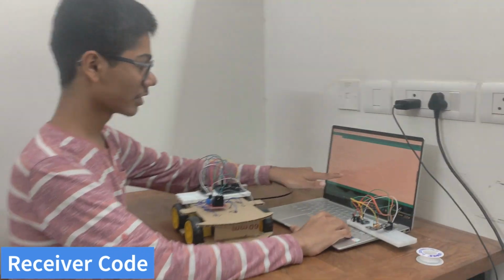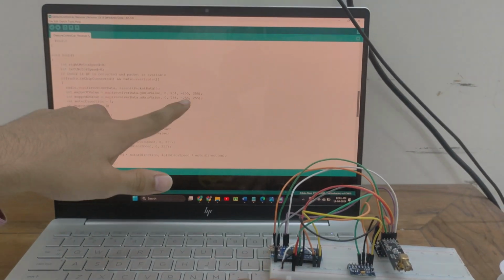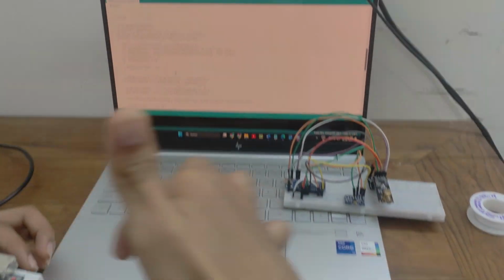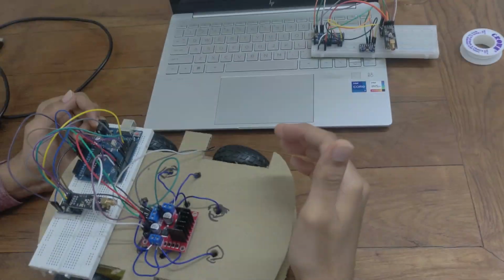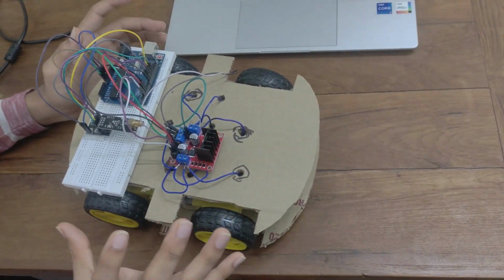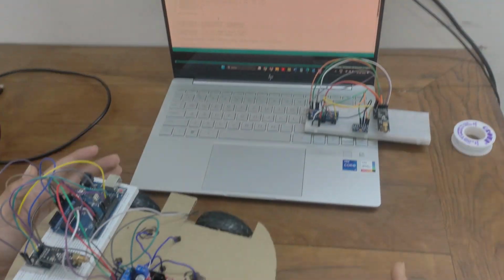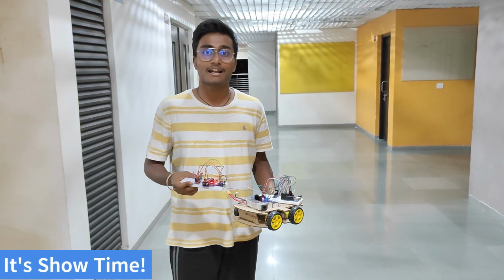So this is our receiver code. So the X and Y values which are obtained from the transmitter are again mapped from minus 255 to 255. So when the X values are negative, these 2 motors will stop and these 2 motors will run. So the car will take a right turn. And when the X values are positive, these 2 motors will move, and these 2 motors will be stopped. So the car will turn left. And when the Y values are positive, the car will move ahead, and when the Y values are negative, the car will move back. We will demonstrate the practical model of the